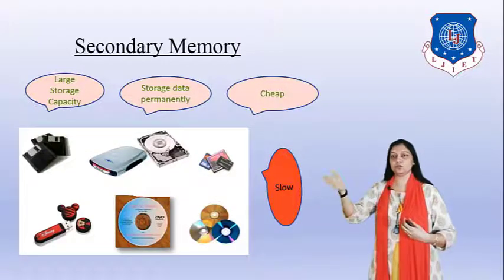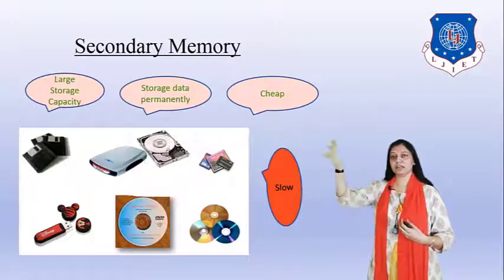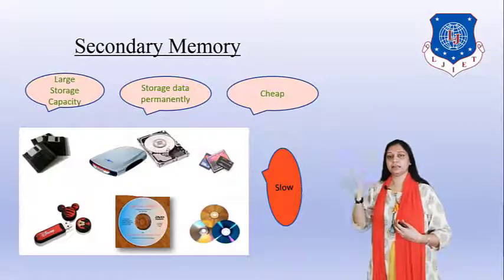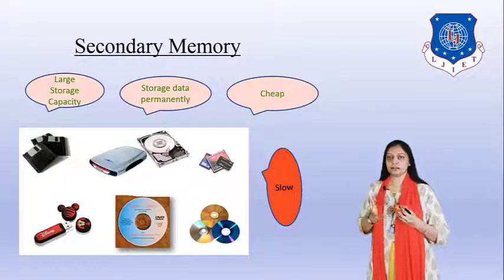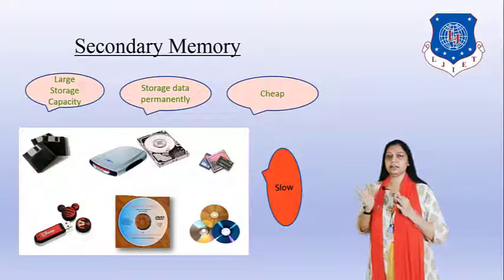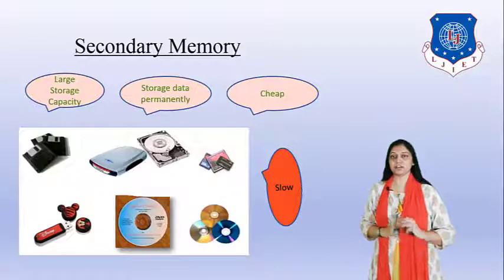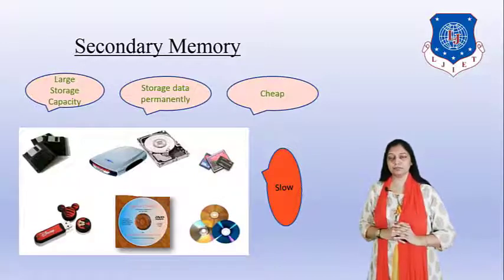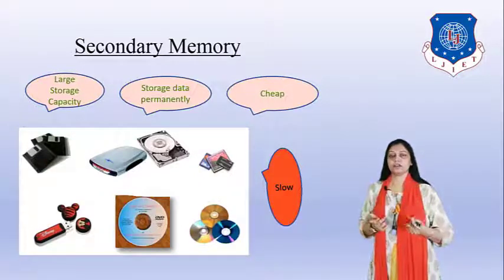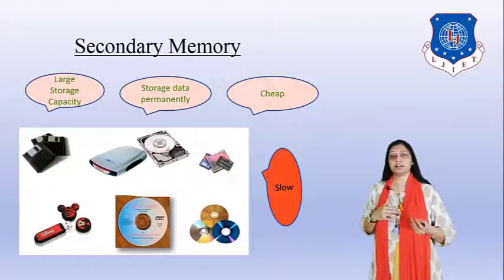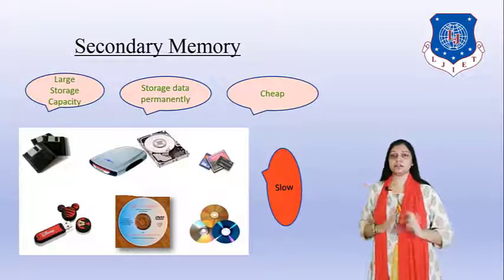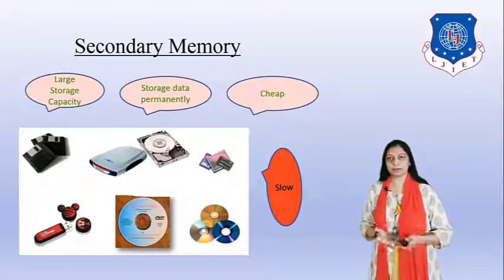From secondary memory it goes to the primary memory. From primary memory the data is taken by the CPU for processing. Once the processing is over, the data is finally stored again back into secondary memory, so it remains intact, and you can recover whatever data you have stored in secondary memory later on after a few days or a few hours. Even if you switch off your computer, your data will remain intact in your secondary memory.